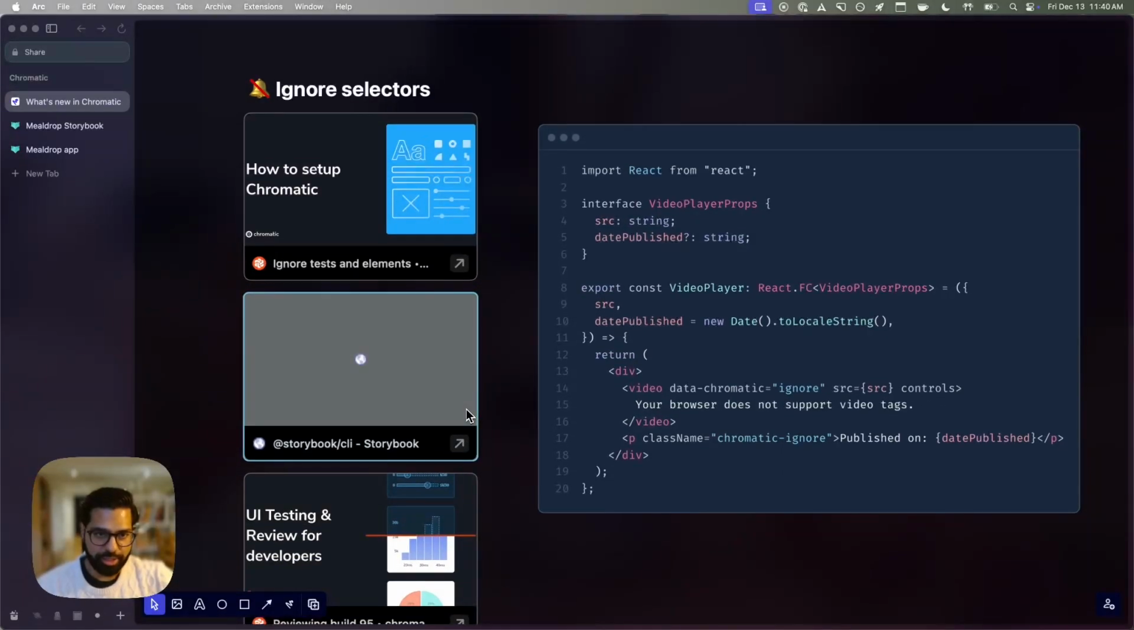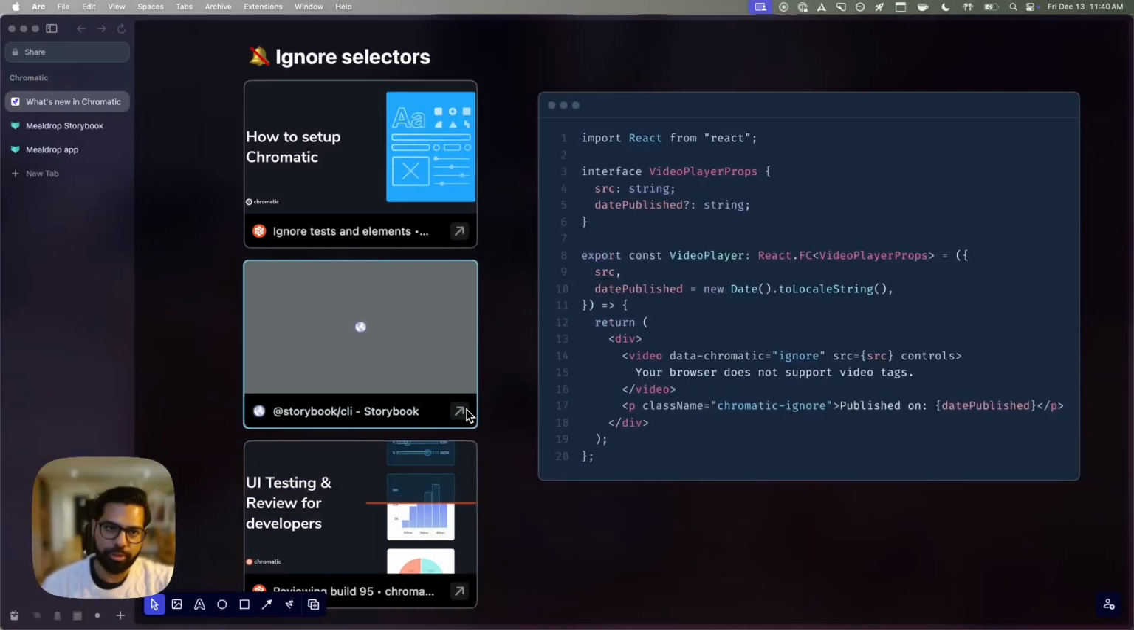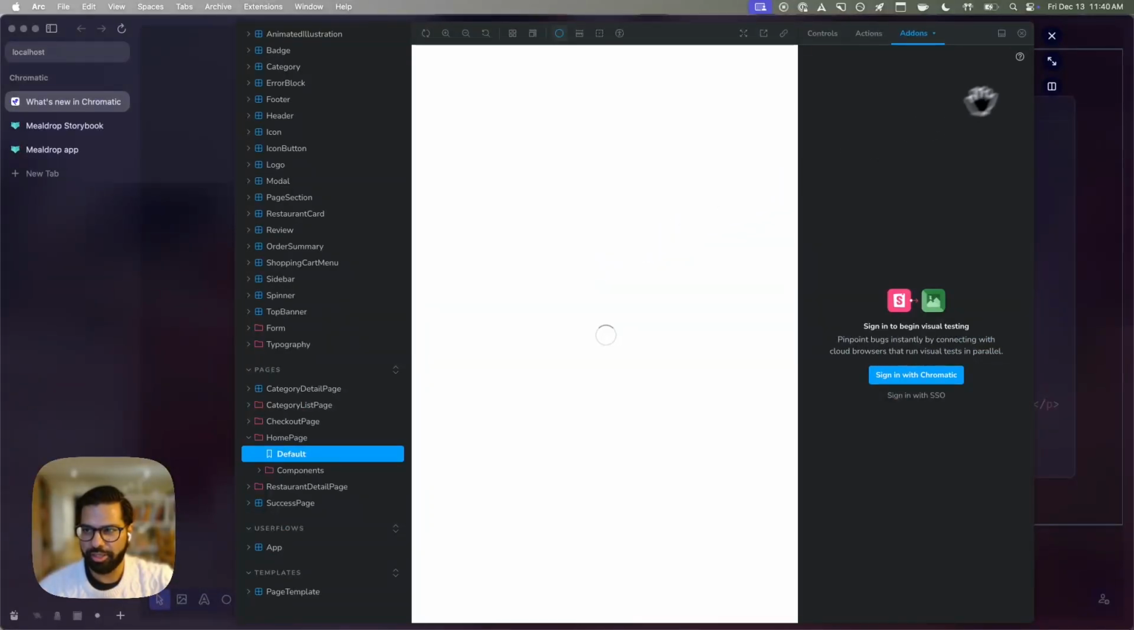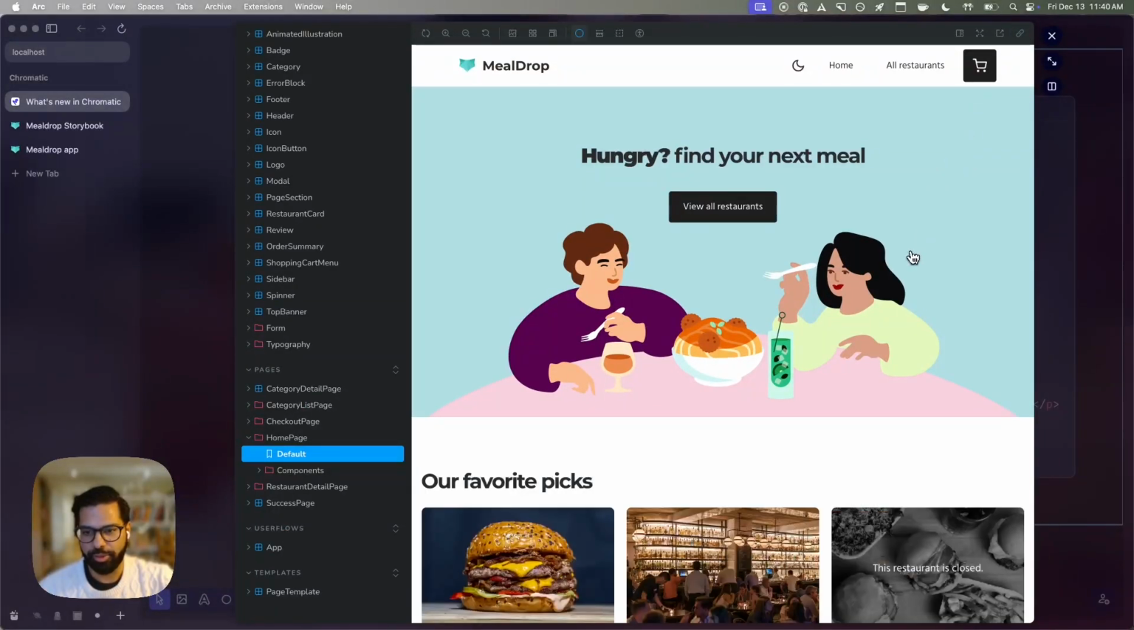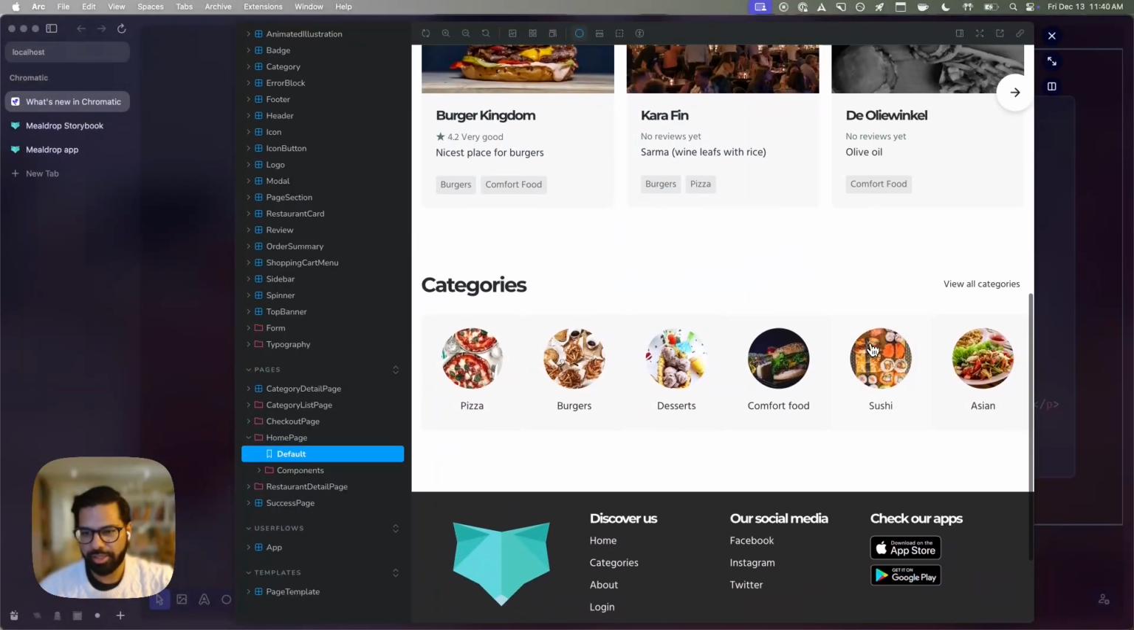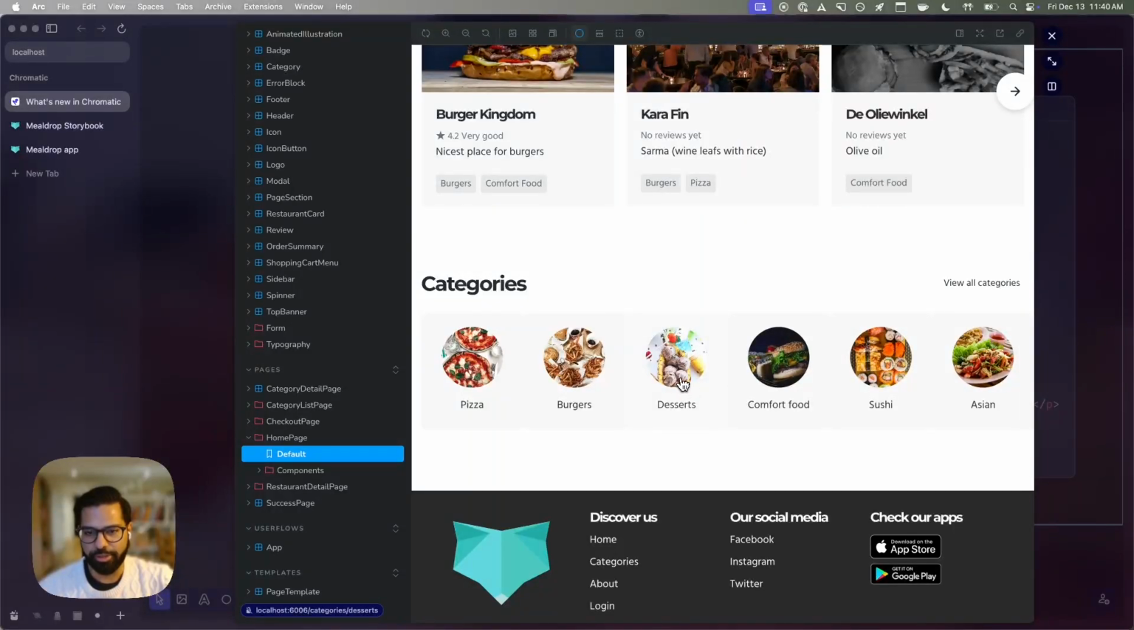Moving on to ignore selectors. Quite often we have the scenario where you might have content that is being loaded from a CMS, or it might be an animation you can't pause for some reason, and you just want to ignore the contents of that particular DOM node, but you still want to see if the size of the DOM node changes or not. And so, for example, these category cards here,